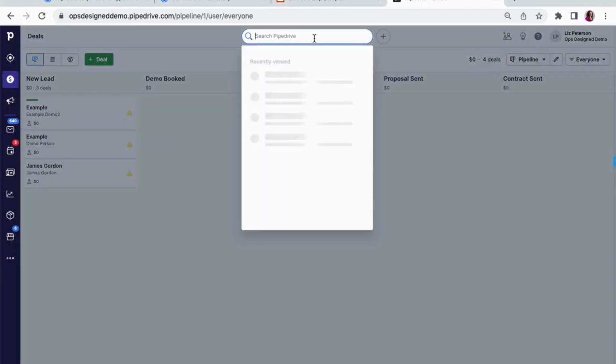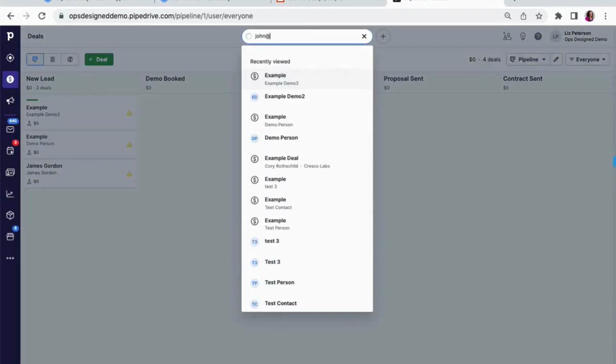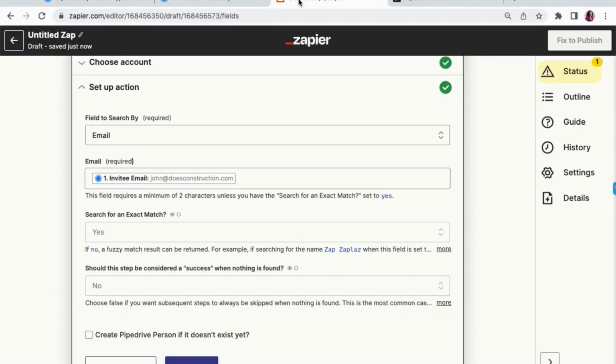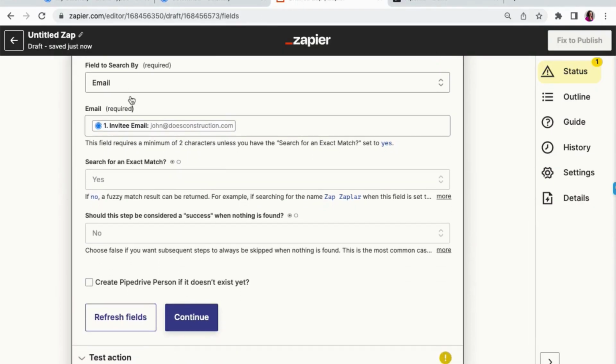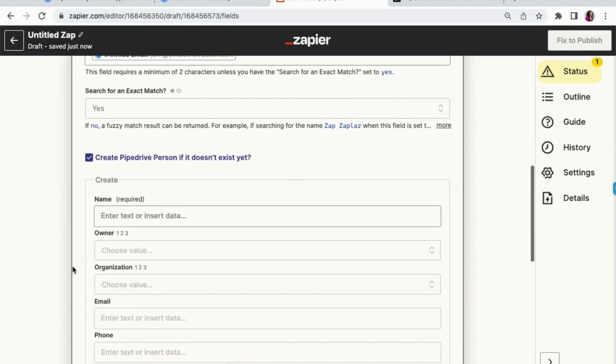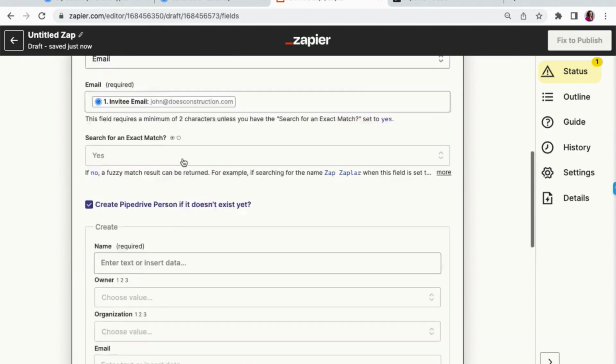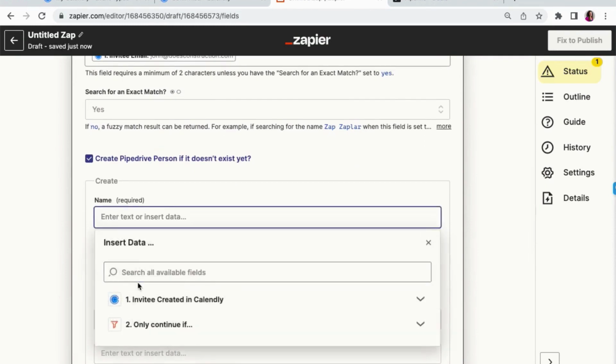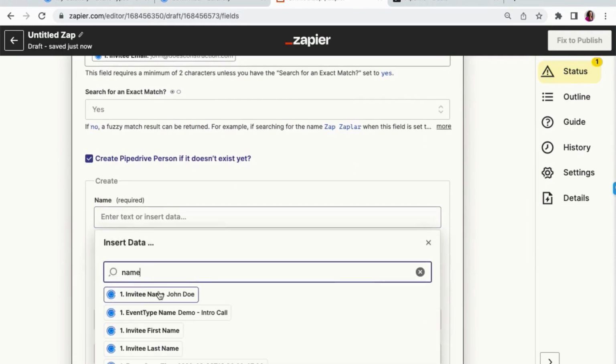And if I go into my Pipedrive here and search, there is not a match. So that's a different John. So this should not find one. And I'm going to make this a find or create step is what I like to call it. So I'm going to click this checkbox here, and then I'm going to create the person if this result is not found. So name, I'm going to put in their invitee name,